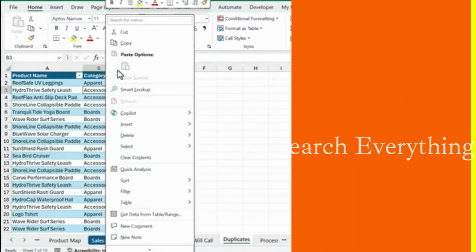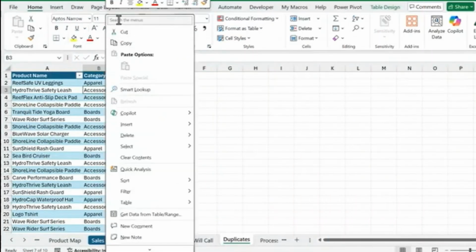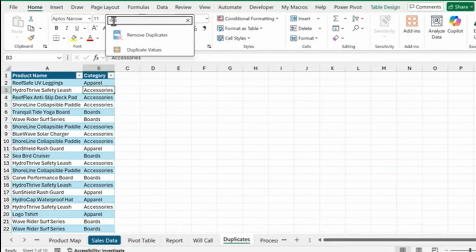Another handy feature in the right-click menu is Search. And that's because this search doesn't just search this right-click menu here, it actually searches all the menus in the ribbon. So, for example, if we want to remove duplicates, I'll just click in here and start typing duplicates. You can see we have the Remove Duplicates feature here from the Data tab of the